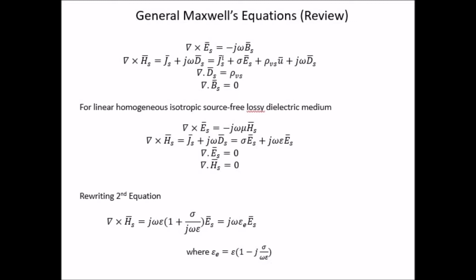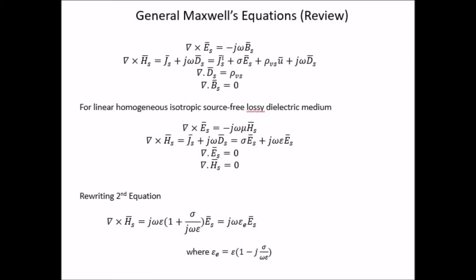And then we take the second equation where j omega epsilon is taken as a common factor, and we get j omega epsilon times (1 + sigma over j omega epsilon) times Es, where epsilon times (1 + sigma over j omega epsilon) is called effective permittivity or complex permittivity, and we replace this with a new parameter, that is epsilon_E. Some textbooks write it as epsilon_C for complex permittivity, but in this course we will use epsilon_E